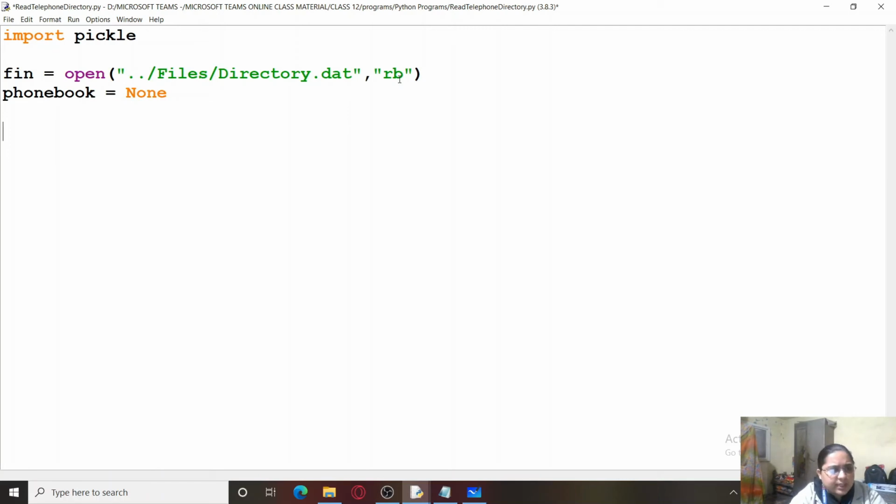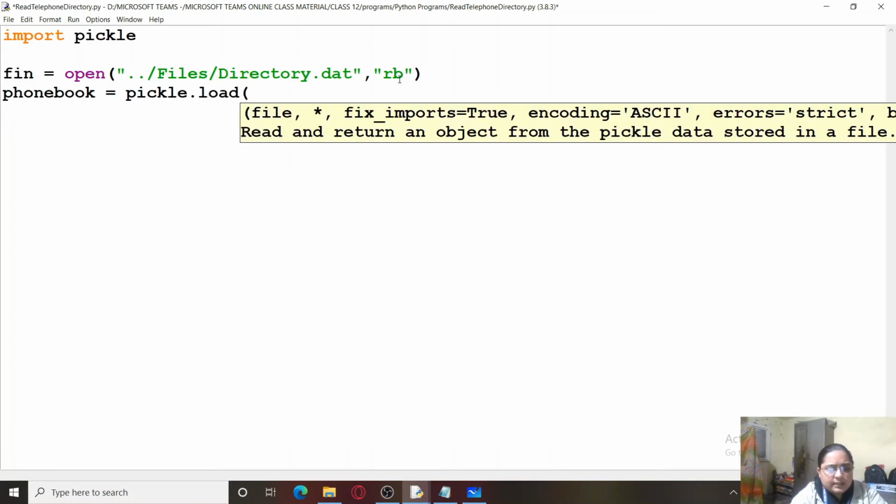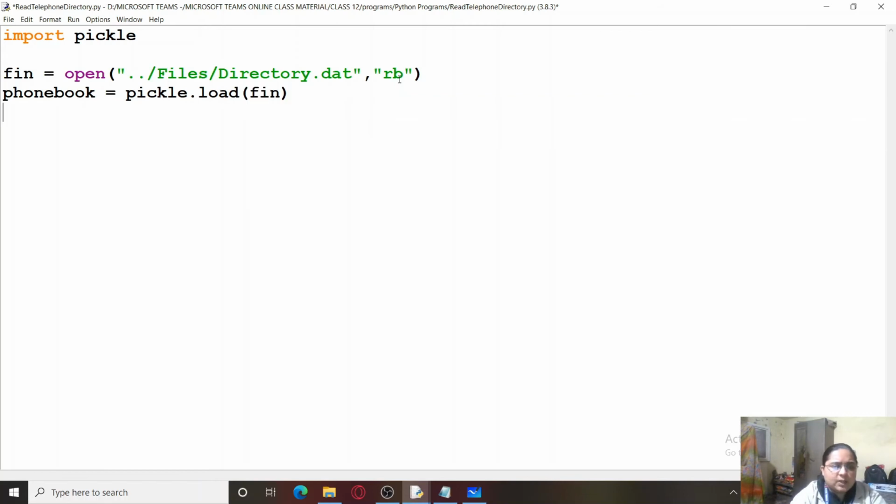In order to read something from the file, I'm going to simply write here pickle.load and the name of my file object. This will load the entire dictionary, which consists of three names. As I told you, the whole dictionary would be read into your phone book object.